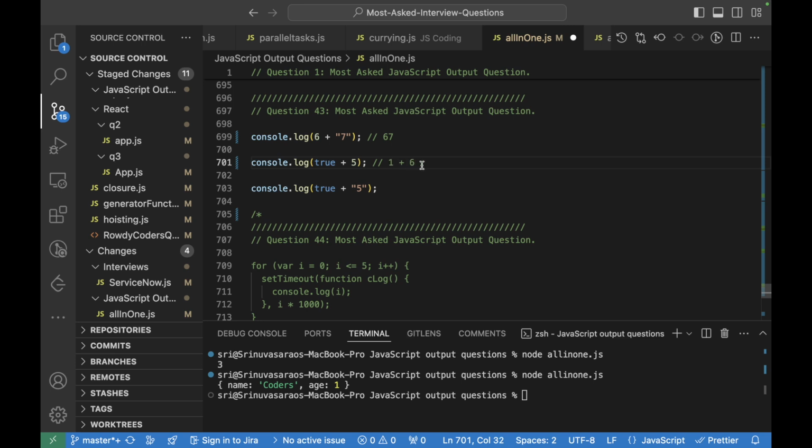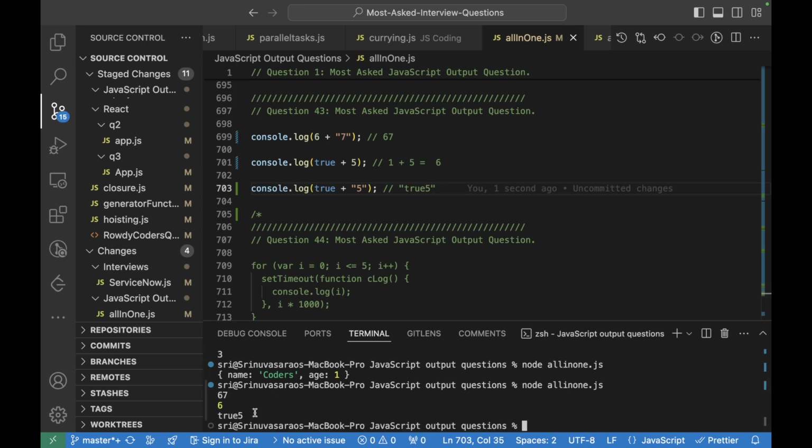So this will be 6. And here this will convert into string and give true 5, true 5. Okay, we run it. Yeah, so this is the output for this.